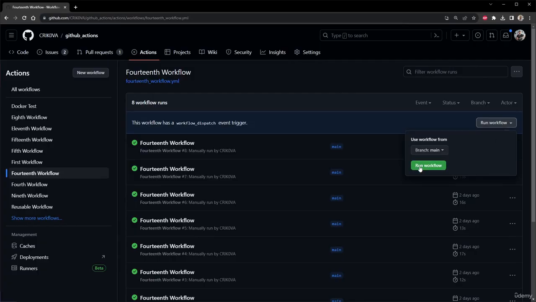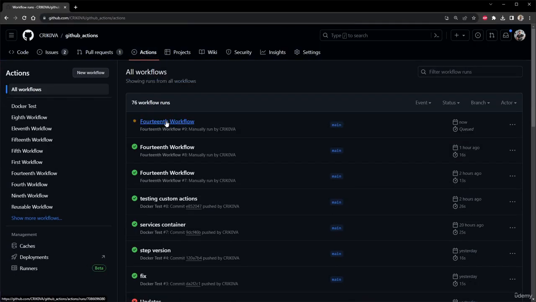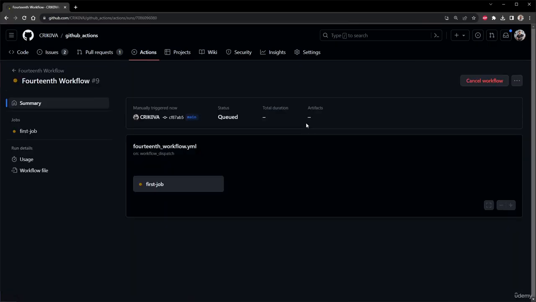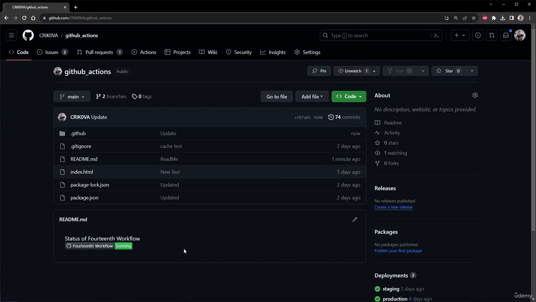It runs manually in the system. We set the action ID incorrectly due to a misconfiguration, so it's going to run with an error which needs correction. As we can see, we're getting an error, and if we go to the root of the repository, we refresh, and we can see that the workflow status here has an error. It's such a simple feature, but really useful, and you can use it to display the status